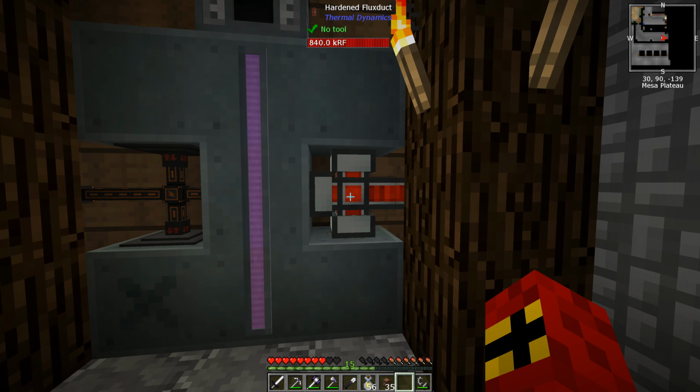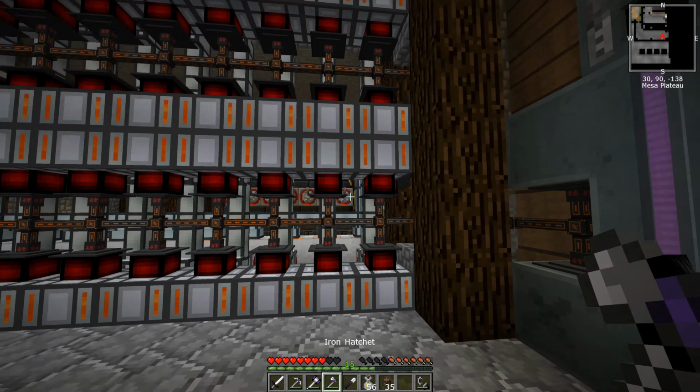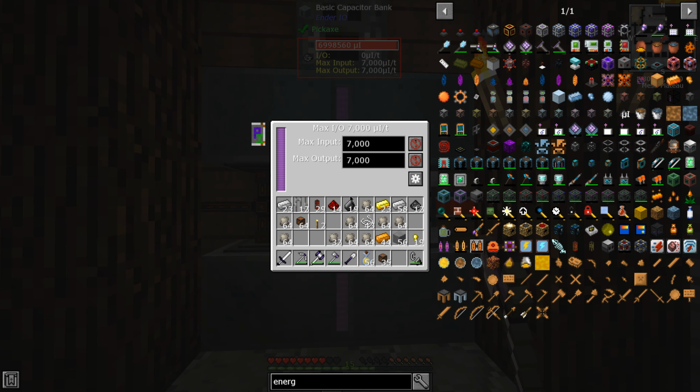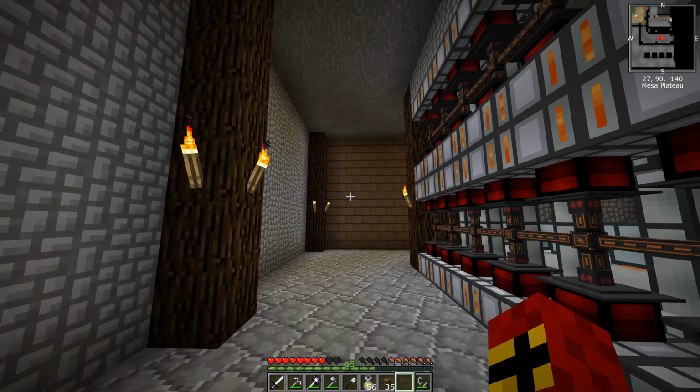Now, if we were to take this off, or this off, should I say, we could see roughly how much power this thing was generating and whatnot. But I'm happy with it like this. We're not using the power that we're generating, which is good. So yeah, I think,